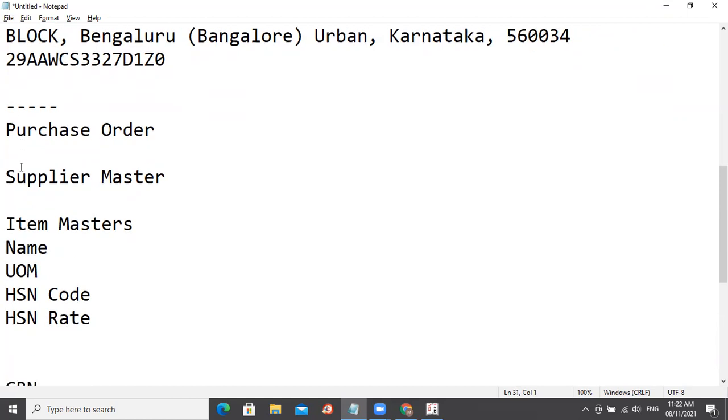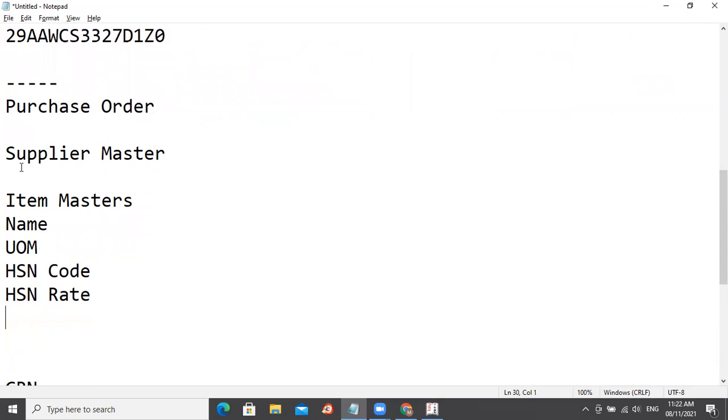Then in the purchase order, do you also want to track all your taxes? If you want to track all your taxes and additional costs, then you need to have those masters also. For example, is there an insurance part, or is GST being calculated in the purchase order itself? All those things you should be in a position to configure. So first we'll configure this. Then we will come to other aspects of it.